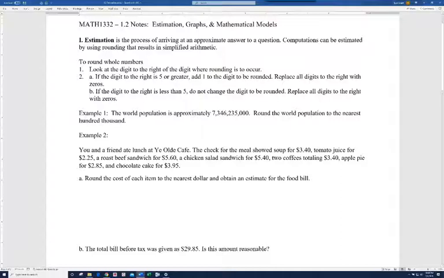Now, I've given you the process of rounding whole numbers for those of you that are a little rusty with that, but let's go ahead and see how it works in example 1. If you aren't very good at rounding numbers, you can go online and find all sorts of materials on rounding whole numbers. So if you need to practice, you can certainly do that. But we're just going to assume that you know how to do it, or you can read the directions here and hopefully that'll help. So the world population is about